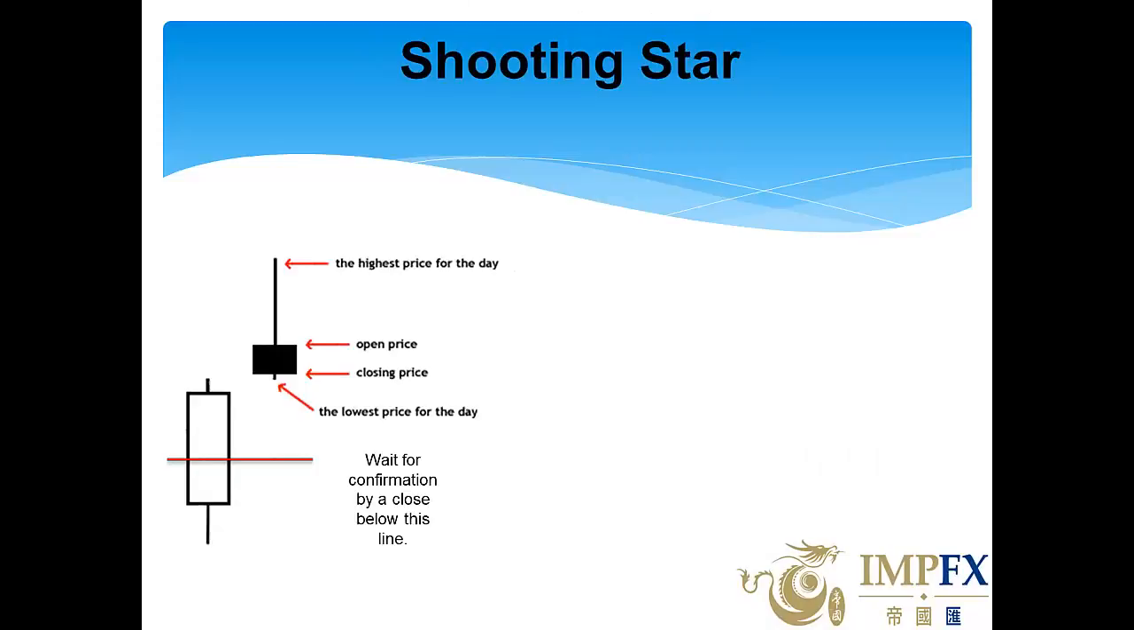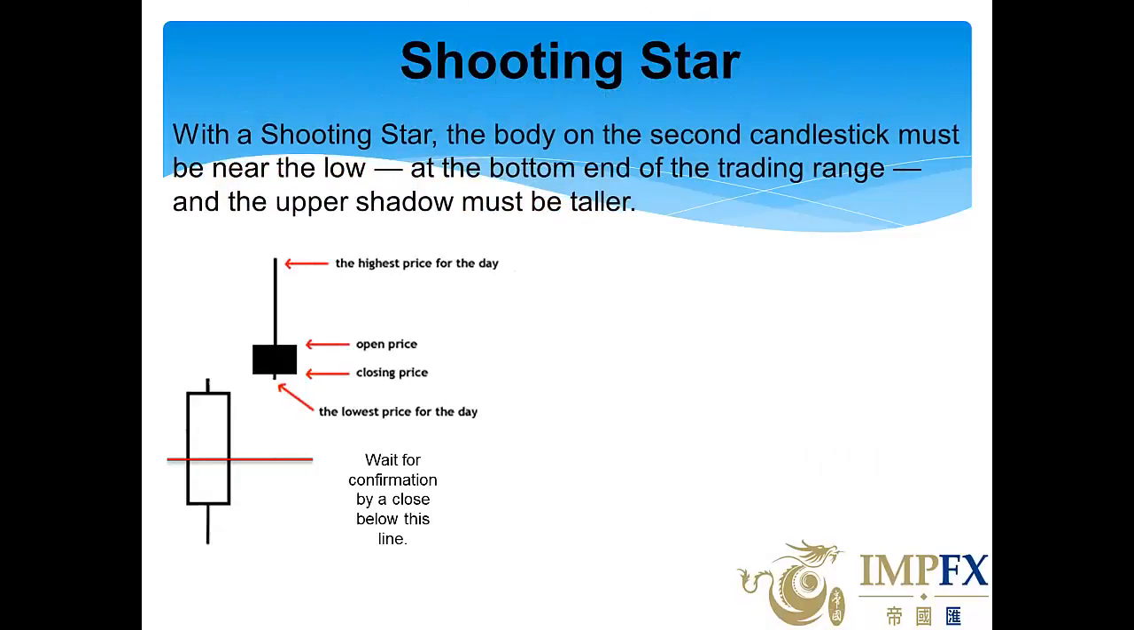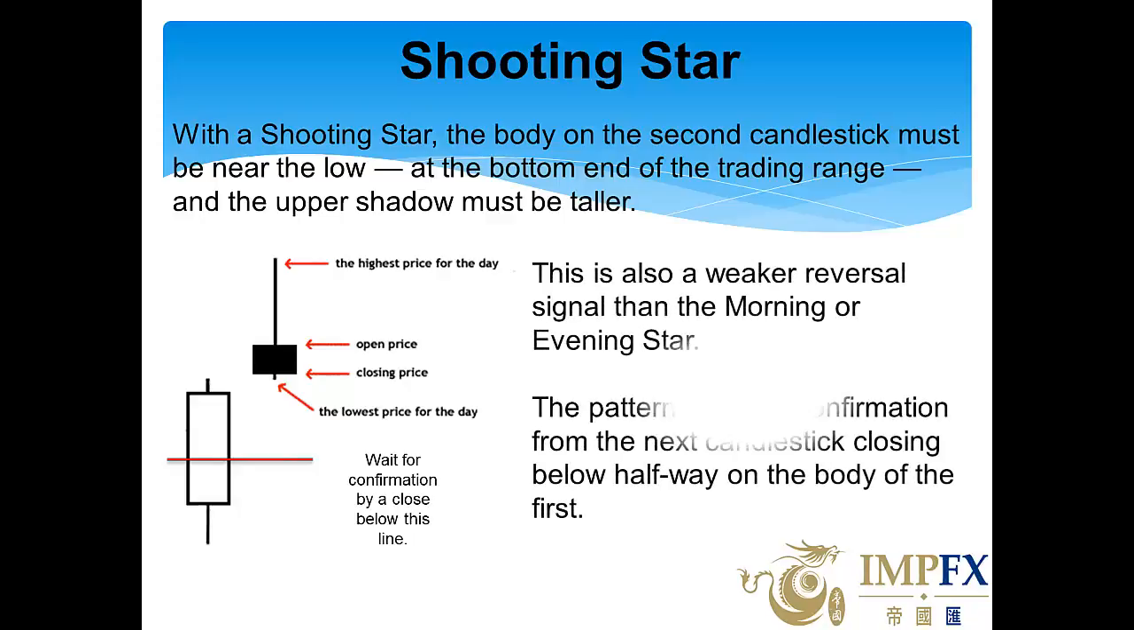The shooting star. With a shooting star, the body on the second candlestick must be near the low, at the bottom end of the trading range, and the upper shadow must be taller. This is also a weaker reversal signal than the morning or evening star. The pattern requires confirmation from the next candlestick closing below halfway of the body of the first. So as you can see here,